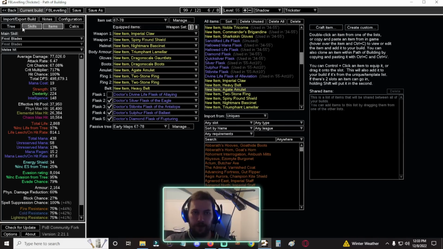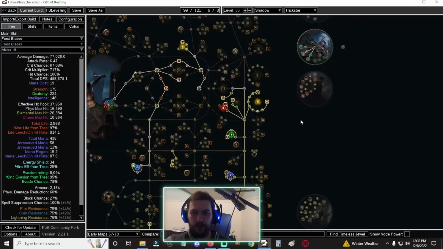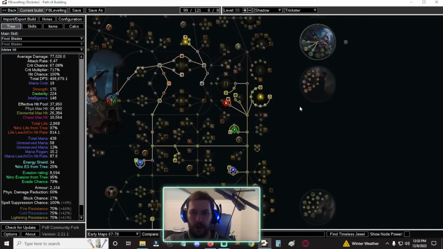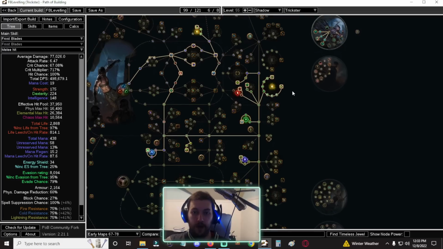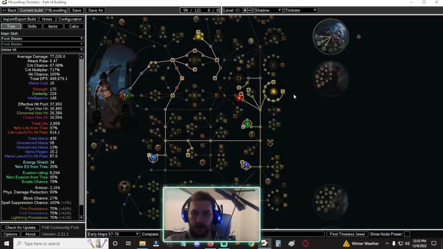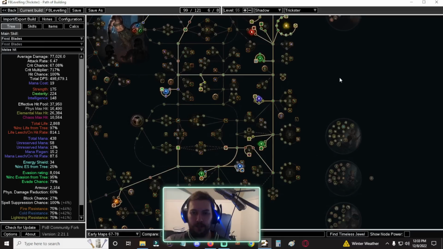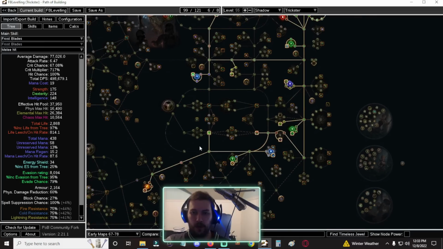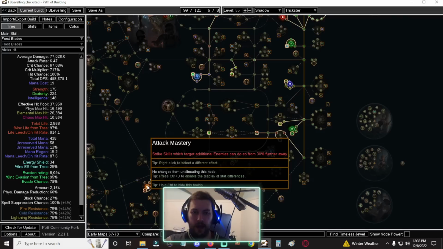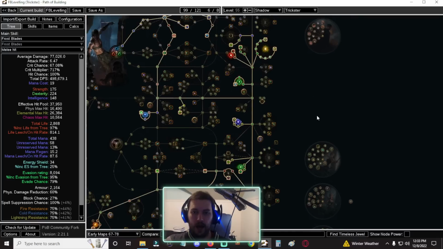I basically figure by around 78, we should at least have a 5 link. By the time we get through all of our white maps, start getting up into yellow maps, we should have a 5 link. It should be relatively cheap to buy, should be pretty easy to craft if you're not doing that. We've started to get our spell suppression at this point. So this is looking a lot more like the previous tree I had, except we're still rocking the additional strike, which we're going to get up until...